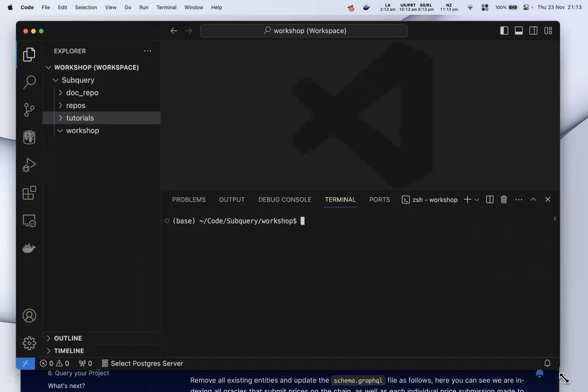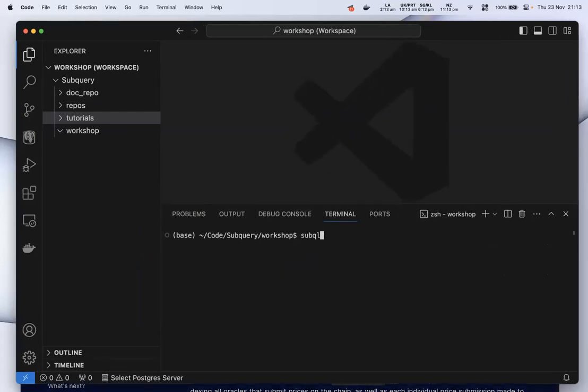What we'll do is we're going to run subql init. So this is the very first initialization command. Let me call it near-demo-project.